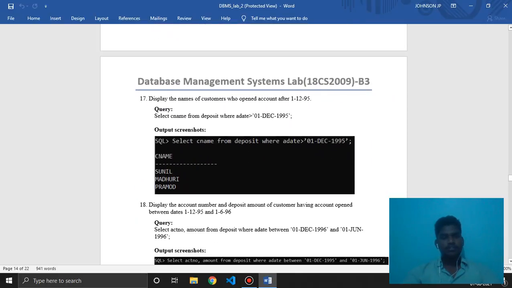Then the 17th question is display the names of customers who opened an account after a date greater than 1 December 1995.